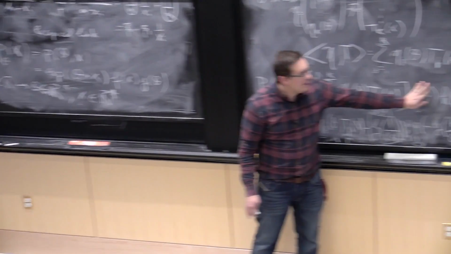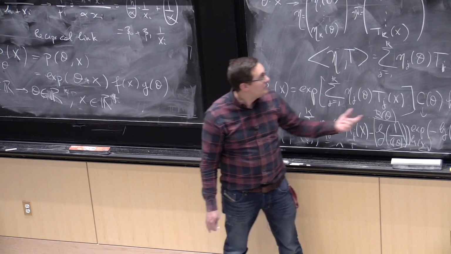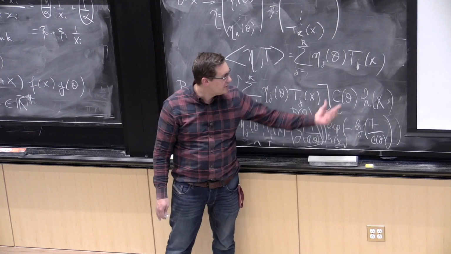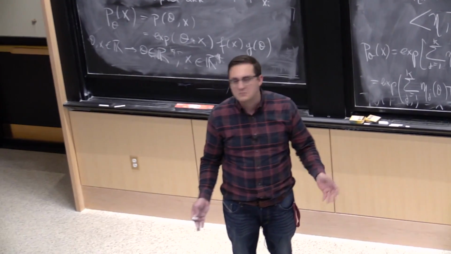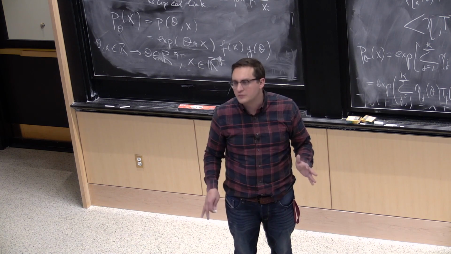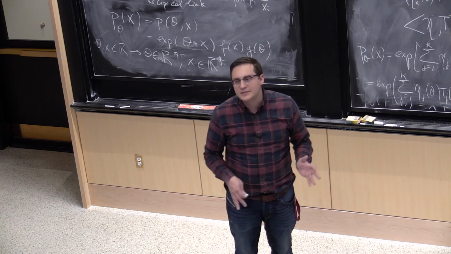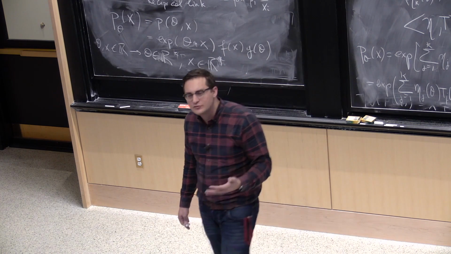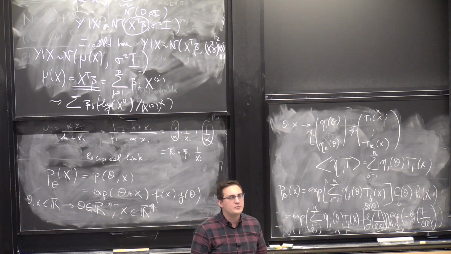If I did not have this term, I'm not guaranteed that this thing integrates to 1. But by tweaking this function, b of theta or c of theta, they're equivalent, I can ensure that this thing integrates to 1. So b of theta is just a normalizing constant. H of x is something that's going to be funny for us. It's going to allow us to treat both discrete and continuous variables within the framework of